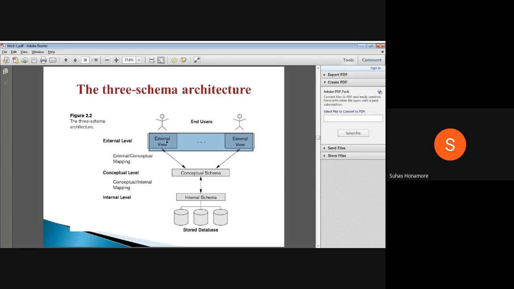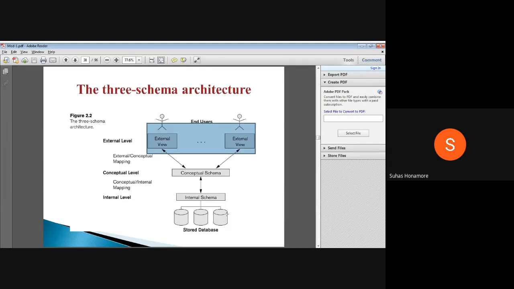And logical is what the user thinks of: one person's information, one student's information. But physically, what we have is everything as zeros and ones only. So whatever the user is seeing, if we modify it here, it will not affect the layer below. When the layer below is not affected, we call it logical data independence.